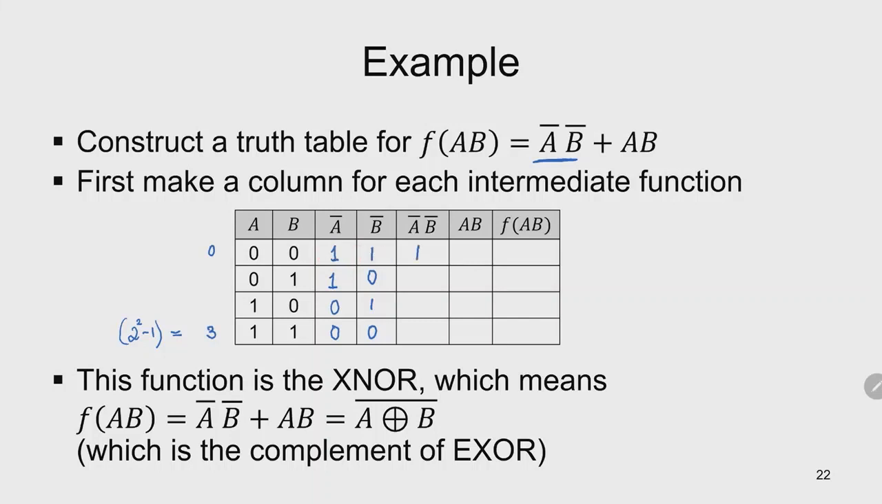gives 1. Remember I said that you need to know by heart the truth tables of the basic operations. So you need to know the AND truth table by heart: 1 and 1 give you 1, 1 and with 0 give you 0, 0 and with 1 give you 0, 0 and 0 give you 0. And then the next one,